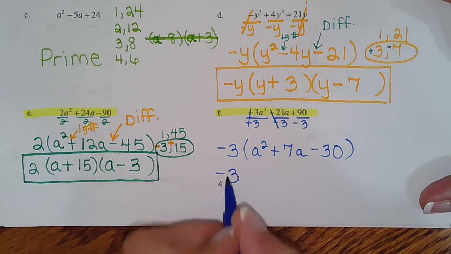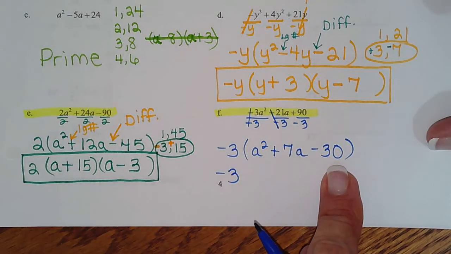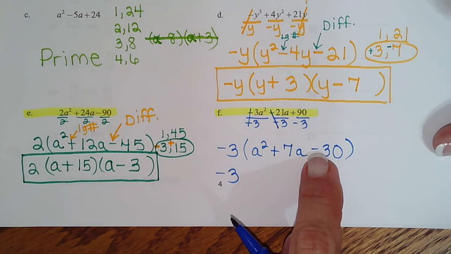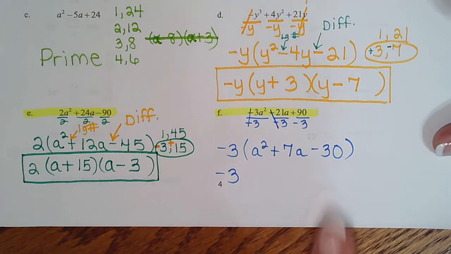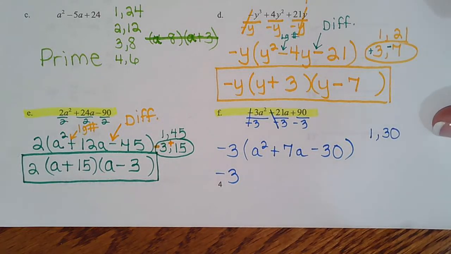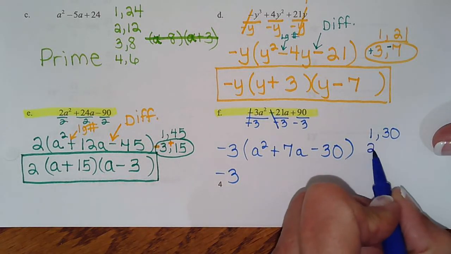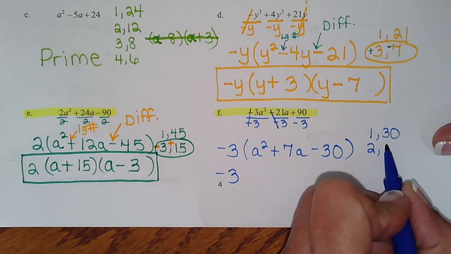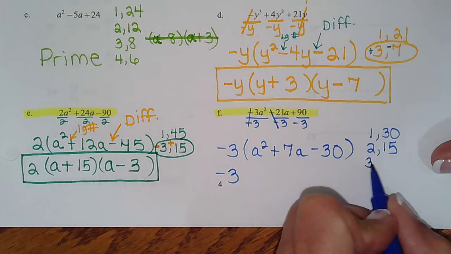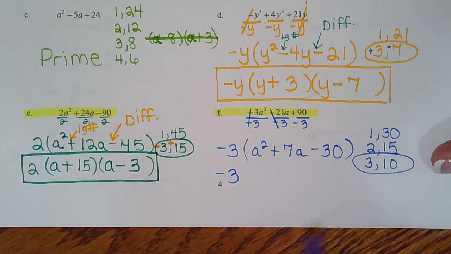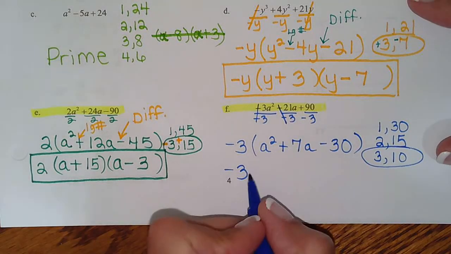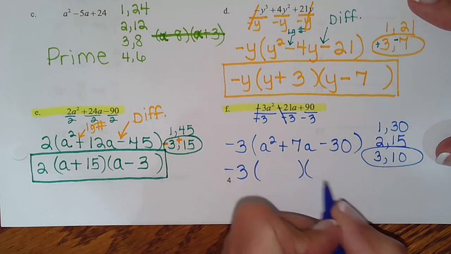So then I go, okay, don't stop, because there's a chance it could factor again. So in my head I go, are there factors of 30, read it backwards, that subtract to 7? Yes, there are. So we have 1 and 30. Does that subtract to 7? No. And remember, stay in order. Go up one by one. 2 and 15, does that subtract to 7? No. 3 and 10? Yep. 10 minus 3, 7. So that means, okay, let's go ahead and